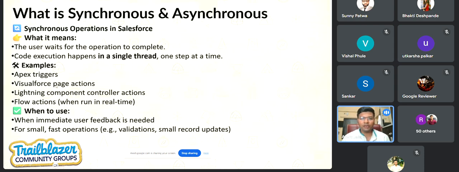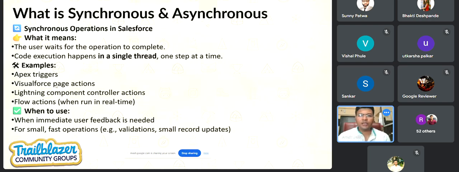Visualforce is very old. Triggers, obviously, run synchronously. I make a change and the triggers get called. Then what are the use cases for synchronous? I want immediate feedback, the user needs to get it instantly, at that same moment.